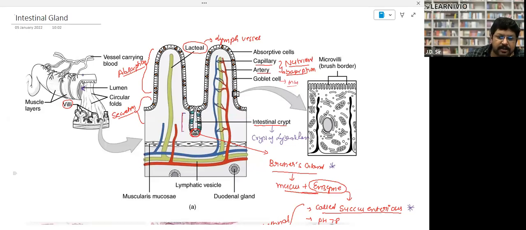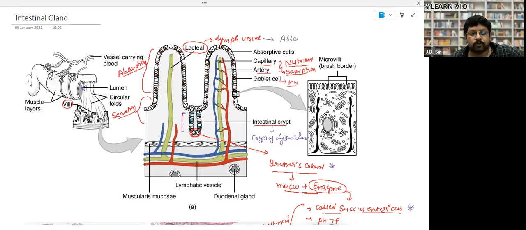This is the enlarged structure of villi. So villi is made up of two parts. The upper part, this finger part, is called the absorption part, and the lower part is responsible for secretion. In the upper part, try to understand: inside, at the mid of every villi, there is a lacteal. Lacteal is a lymph vessel. Lymph vessel is meant for